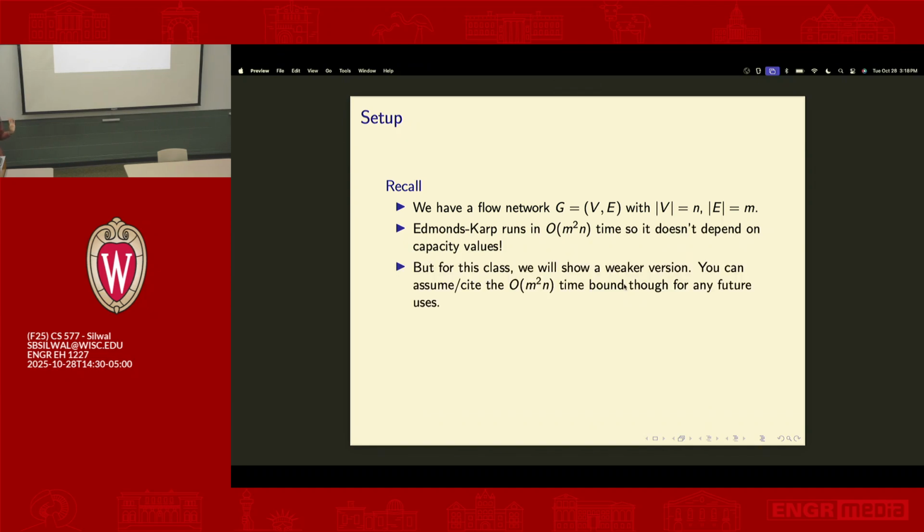Actually, this is a little bit too hard for this class, so I'm going to show a slightly worse version. But if you ever need it, you just know that max flow, you can find it in polynomial time, m squared n time. And the main idea is, previously, how did we find a max flow? We had this residual graph G sub f, and we said,